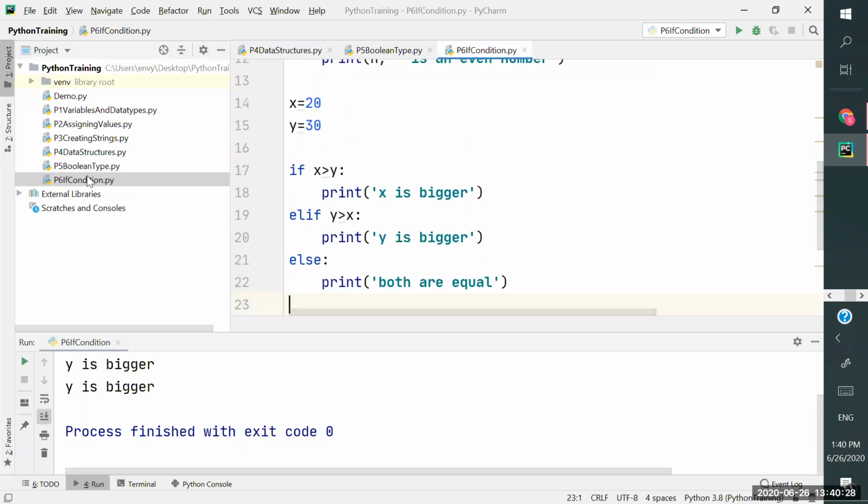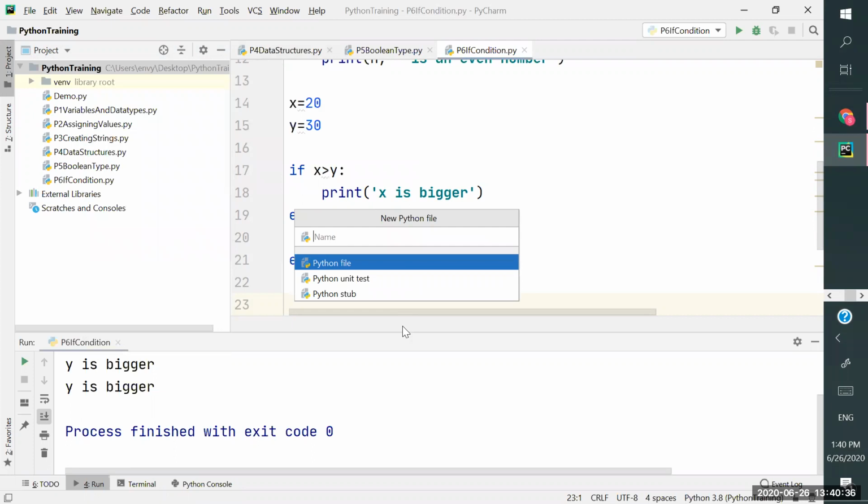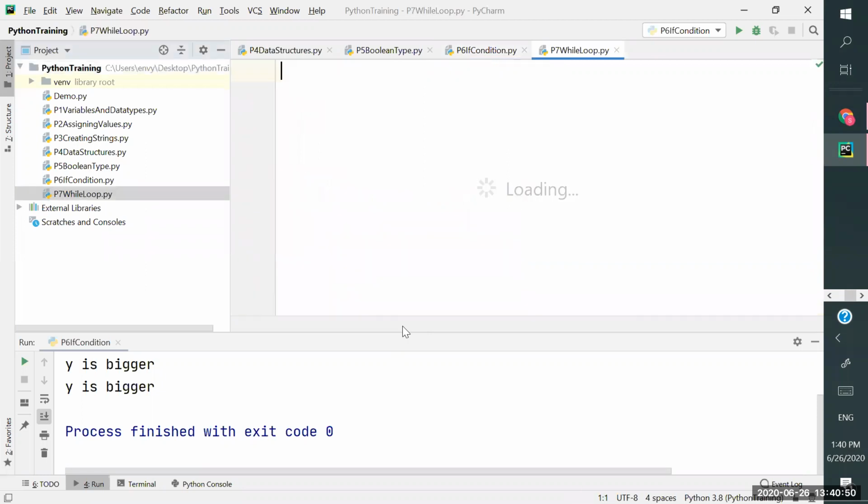So how to implement while? Yes, while is similar to other languages, but there is only one extra thing, that is while else. Like the way we have if else, similarly you have while else as well. That's the only different thing from other languages.